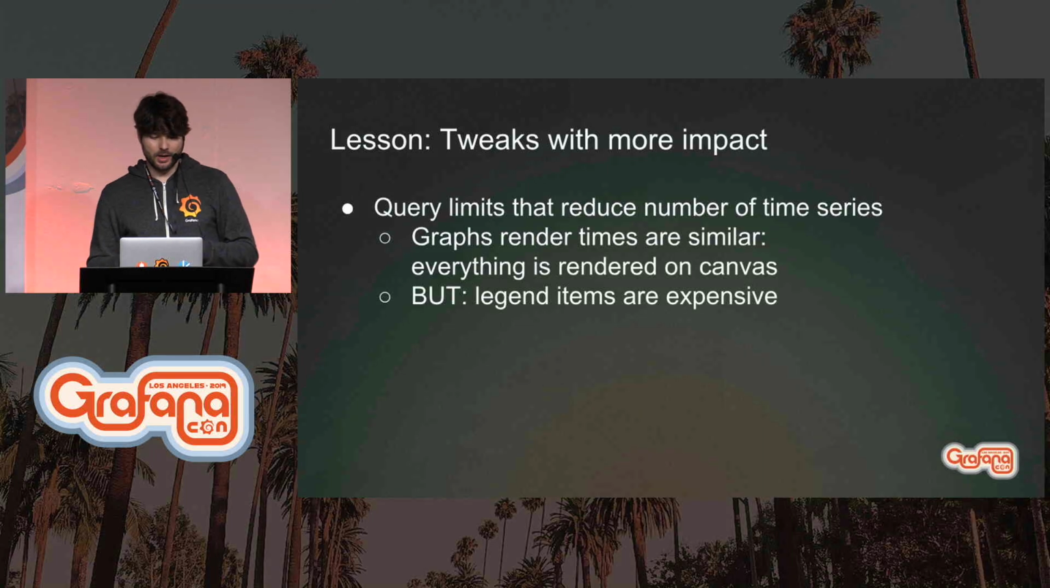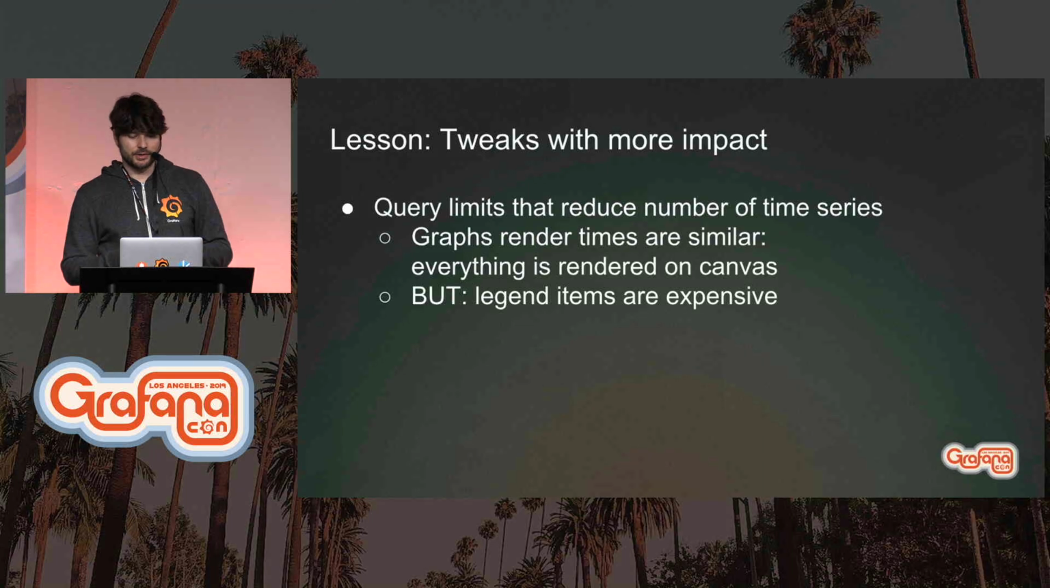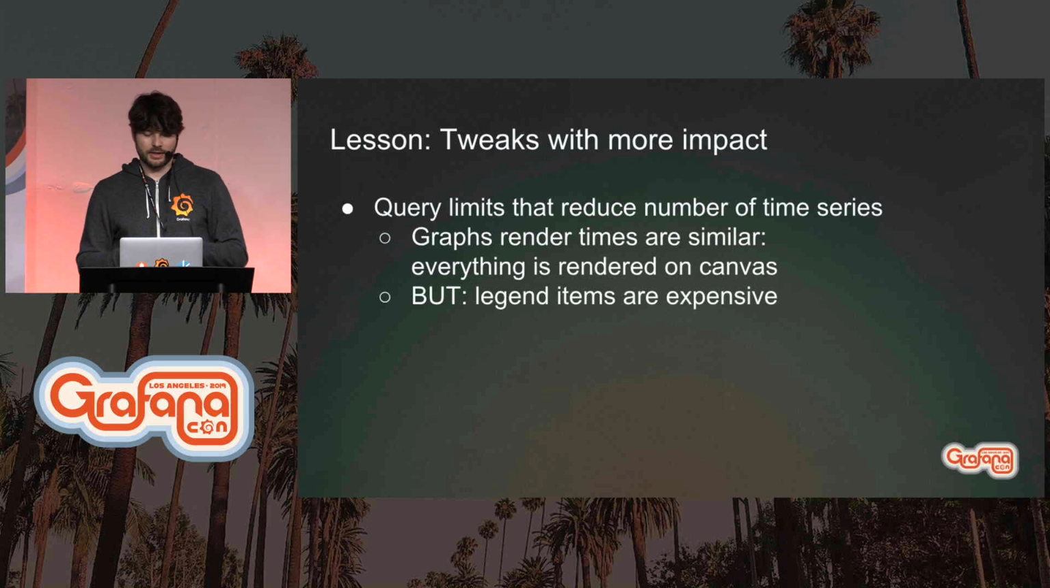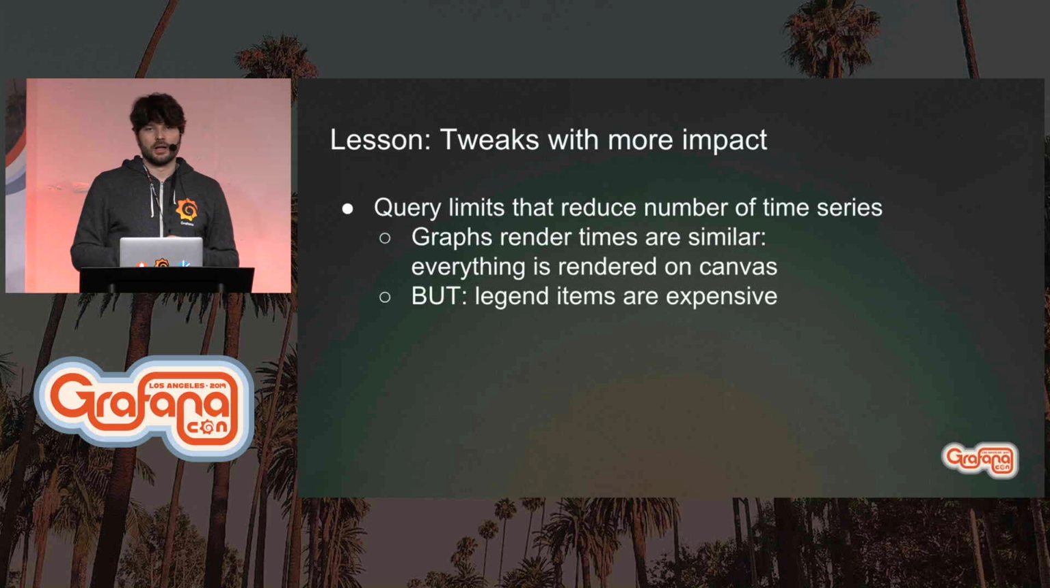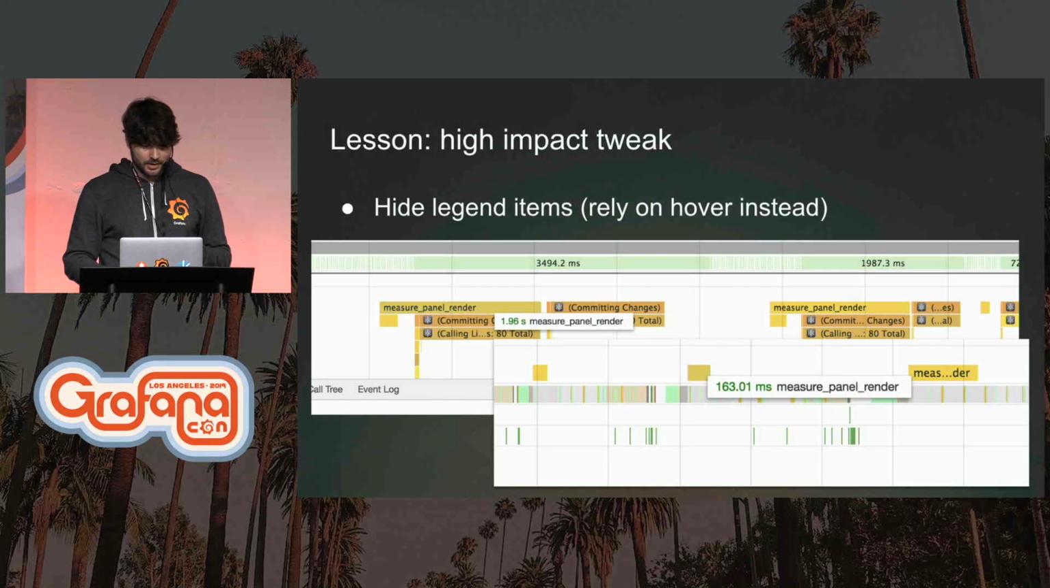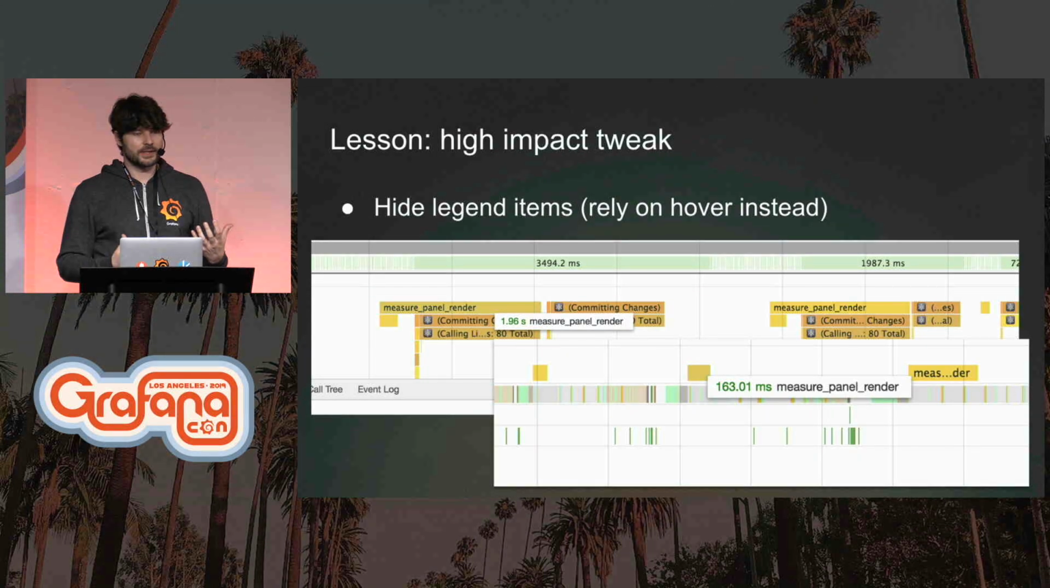Tweaks with more impact. Query limits that reduce the number of time series can be helpful, mostly because for every time series that's being returned, in case you show the legend items, those are quite expensive to render. But the graphs themselves, or the lines themselves, that's not very expensive. And then the biggest tweak to a really laggy dashboard that you can do is currently to hide the legend